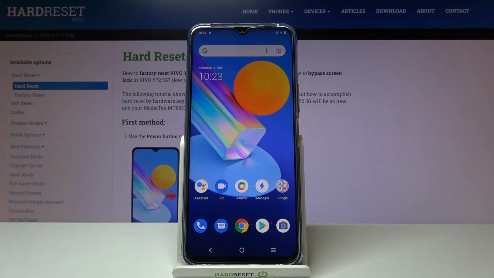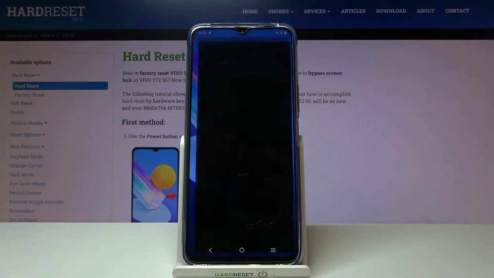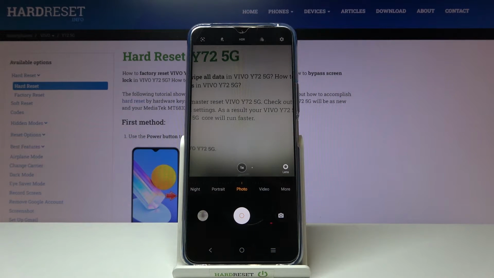Welcome, here I've got VIVO Y72 5G and I'm gonna show you how to manage camera watermarks on this device. So let's start by tapping on the camera button to open it, and for now we are on standard photo